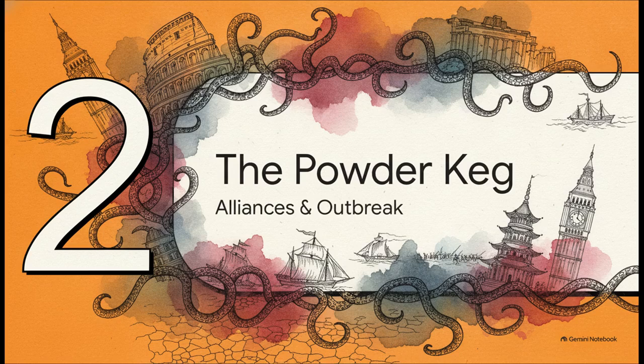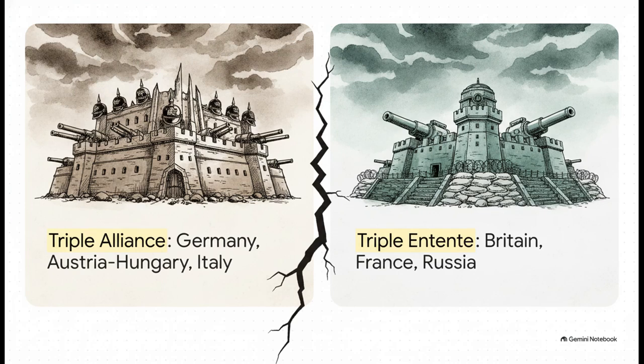So what exactly happens when the world essentially runs out of new territories to conquer? Well, they inevitably turn their sights on each other. Imperial friction combined with protectionist tariffs, which are basically just high taxes slapped on imported goods to block out competitor nations, forced Europe into 2 rigid, heavily armed camps.